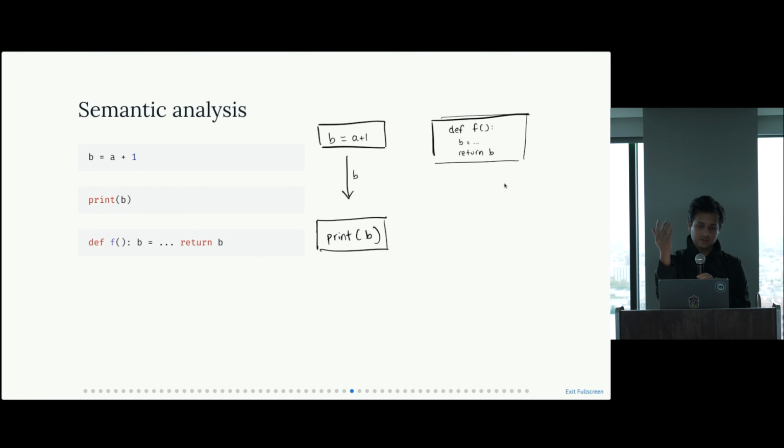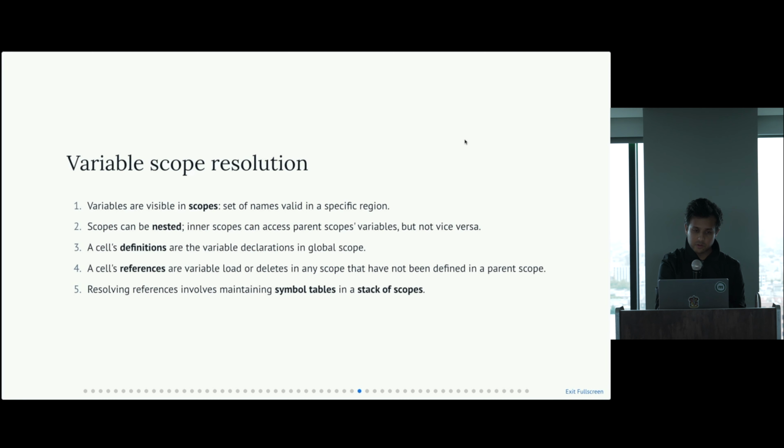Semantic analysis: once you do the AST parsing, if you have an AST for each cell, then now you just need to figure out how the variables flow across from one cell to another. The point is here in this example, there's a global variable called B, that's defined in one cell, referenced in the second cell. And the third cell has a local variable B, right? It's in the scope of the function, so you just have to realize, oh, okay, that was in an inner scope, this is not related to the outer variable B, and that's basically it. It's pretty simple. And you can write out an algorithm for resolving these scopes, but it is pretty straightforward,